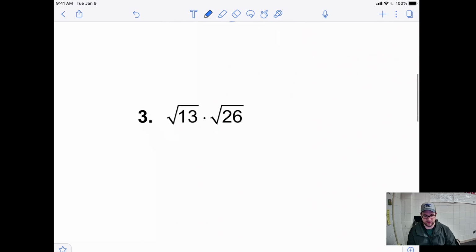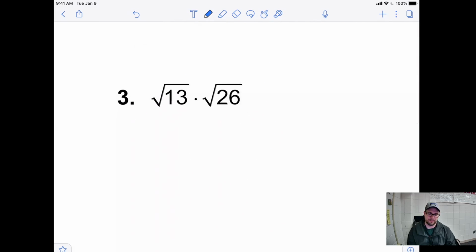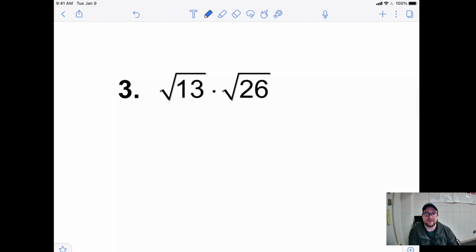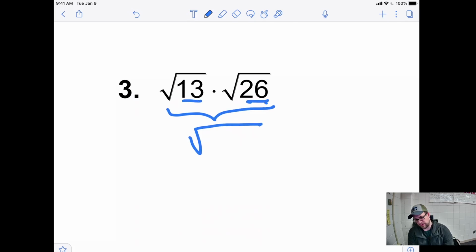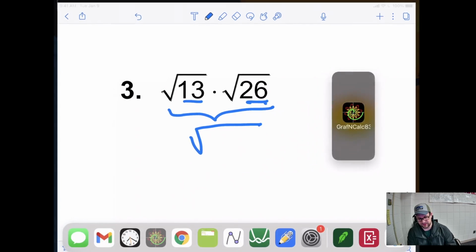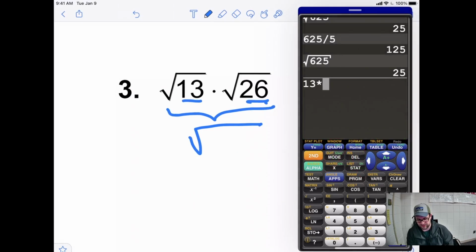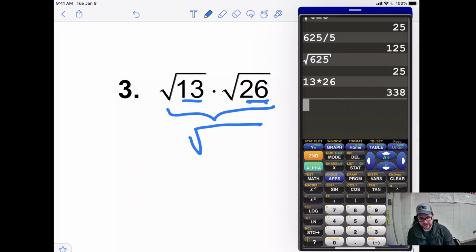Let's do another one. Let's amp up the difficulty. Let's use some bigger numbers here. So looking at this one, the square root of 13 times the square root of 26. Remember, if you have two inside numbers, you can multiply them and they will form a new inside number. Magically, they don't jump outside. I'm going to need a calculator to help me out. So we get 13 times 26 is